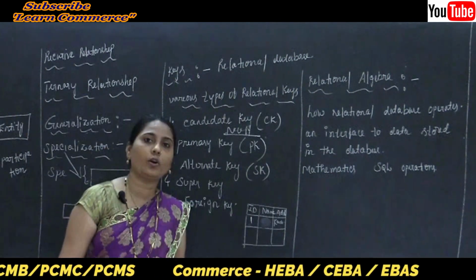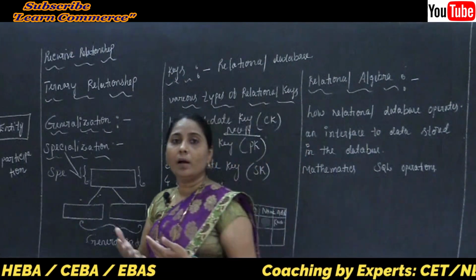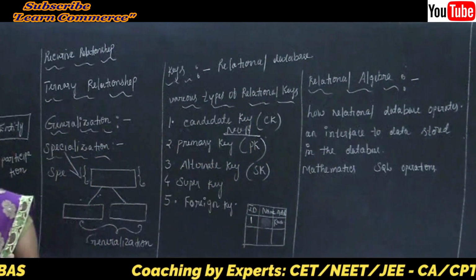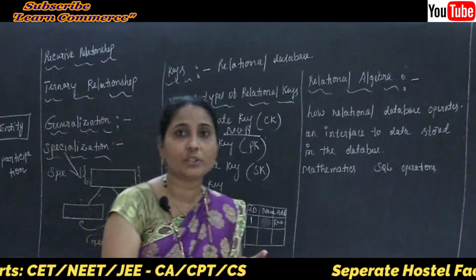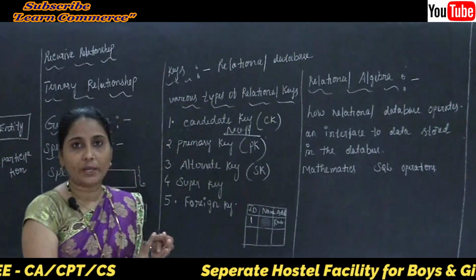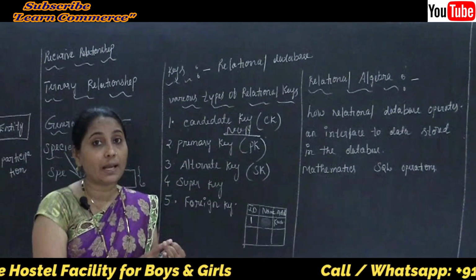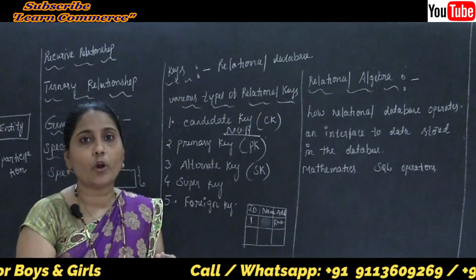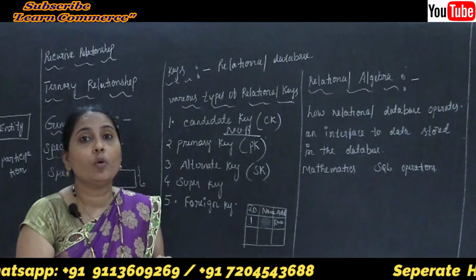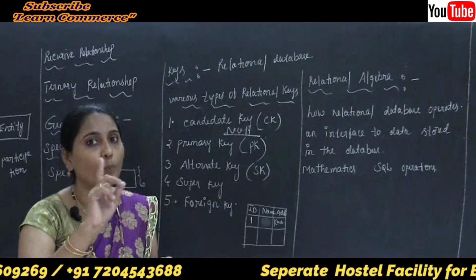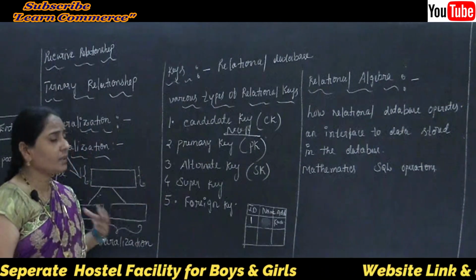What's the meaning of the primary key? I already explained that some column can be used as the primary key, such as the bank account number, the student ID, the employee ID, or the driving license number. Such a value is not going to repeat here. Finally, we can say that only one value can exist, no duplication. So this is the meaning of our primary key.